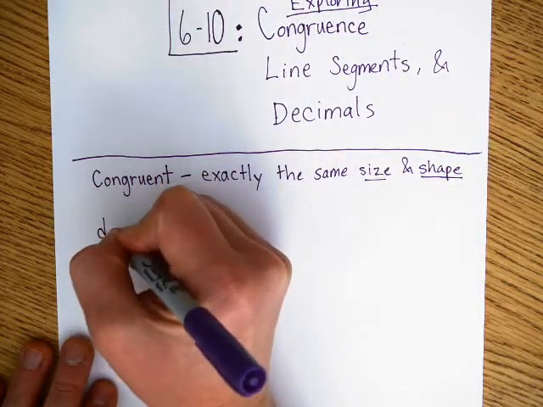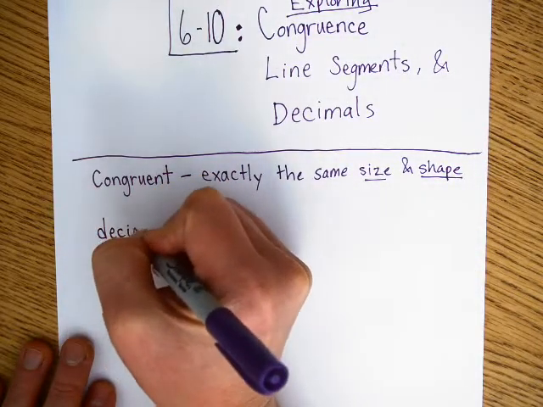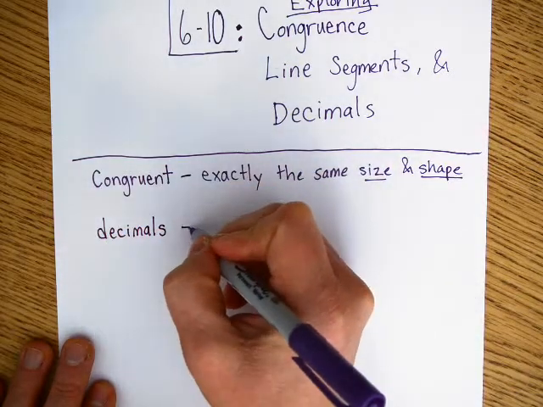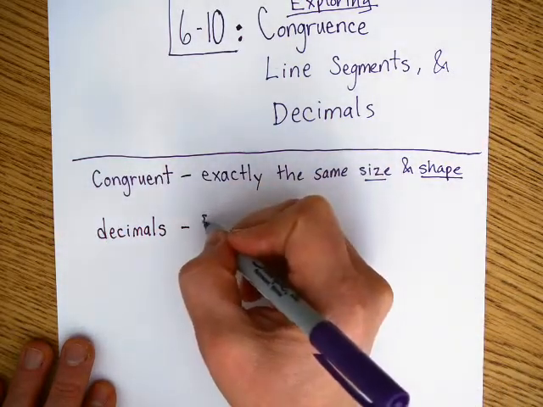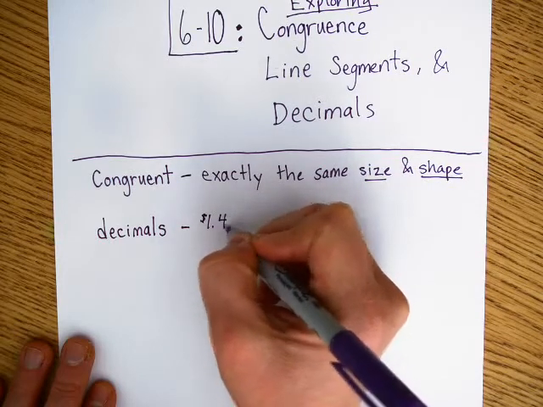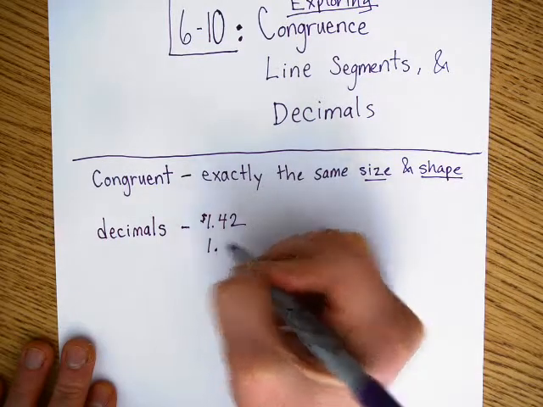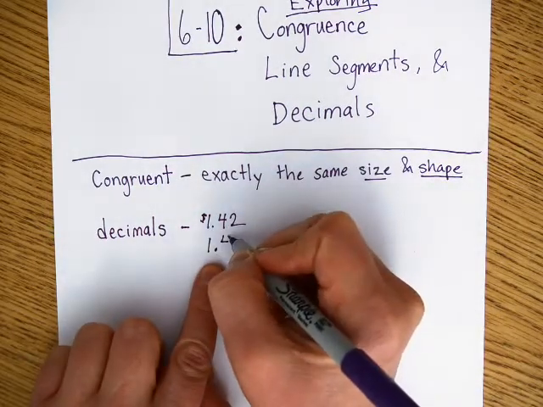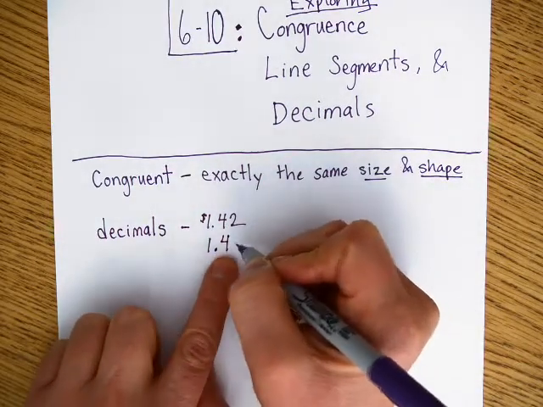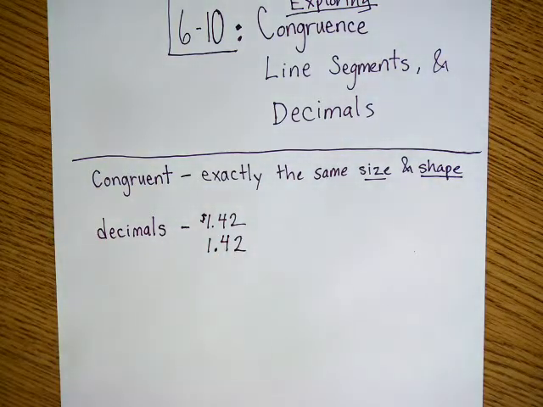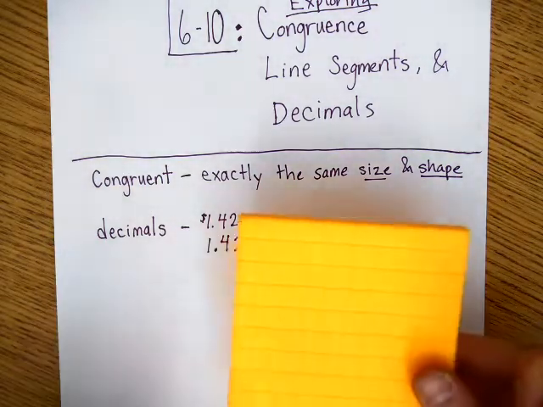Okay? Decimals are like what we do when we talk about money, for example. We have $1.42. Okay, that's 1, and we read it as 1 and 42 hundredths. Okay, and when we worked with decimals before,